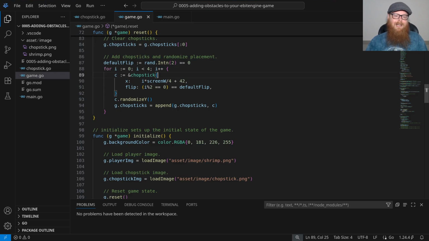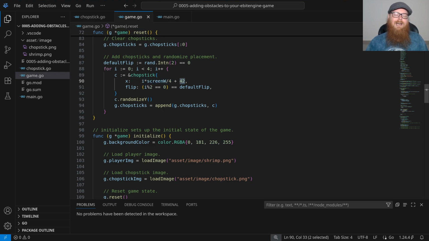And here we create 4 chopsticks, setting their X position to the screen width divided by 4, multiplied by the current iteration number. And that starts at 0. What that means is the 4 chopsticks will start from the left edge of the screen, and they'll be spaced apart by a quarter of the screen width.